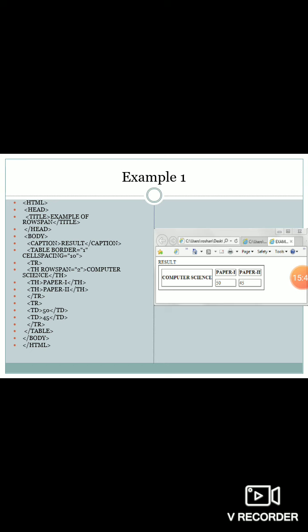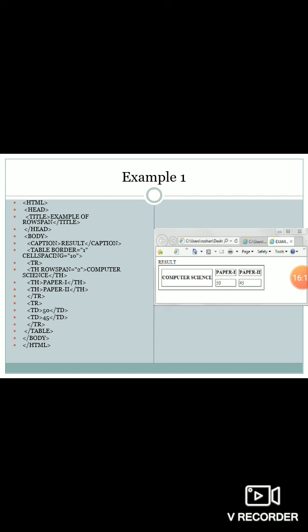Now see, in this example, HTML, head and title are given. Then in the body tag, here I use the caption tag. I know that the caption tag is basically used to give a particular caption for my table. According to the output shown at the right hand side, in the table displayed there is one caption, result, which is by default printed at the top of my table.